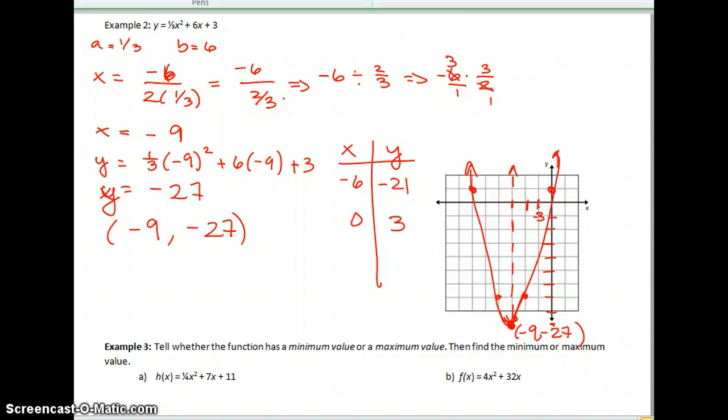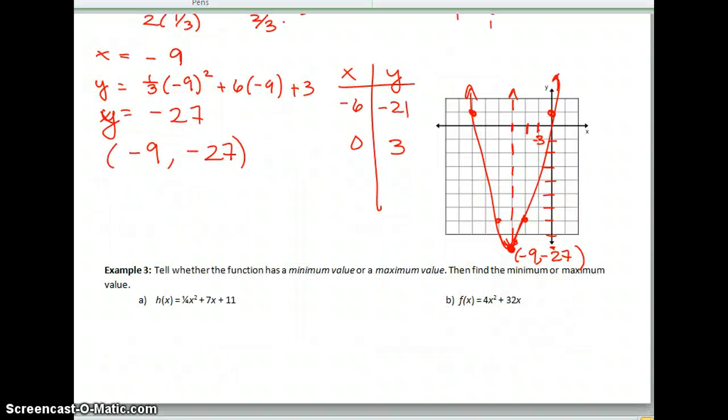So wrapping this part up here, the next part that they ask you to do is to tell whether the function has a minimum value or a maximum value. Then find the minimum or maximum value. So minimum values will occur if your parabola looks like this, because this would be the minimum value. It's the vertex. And because it's a happy face there, A is positive. Maximum value will be like this, and it will happen when A is